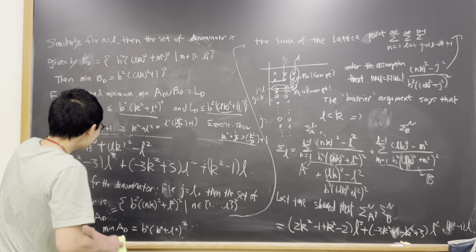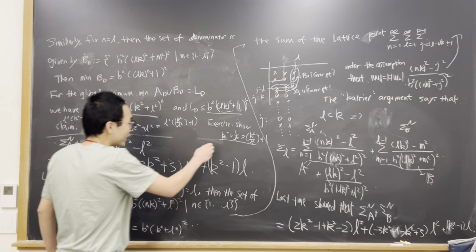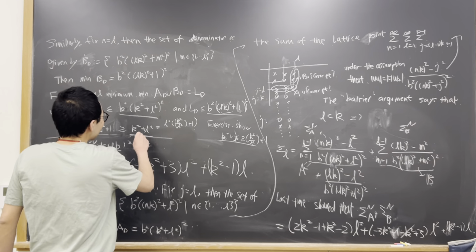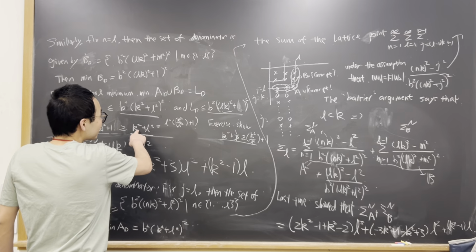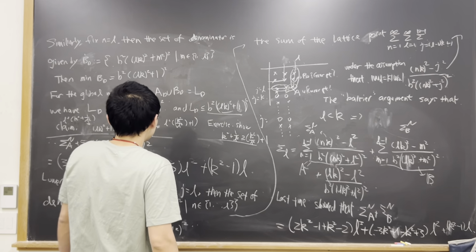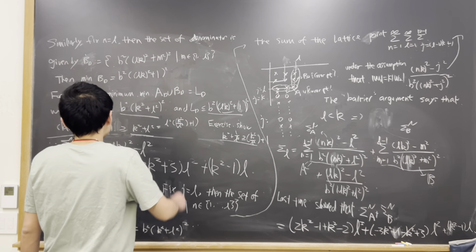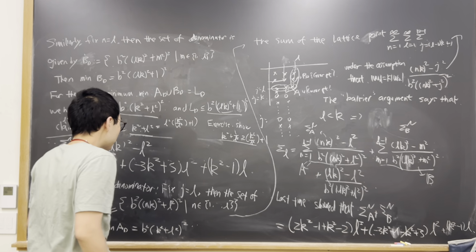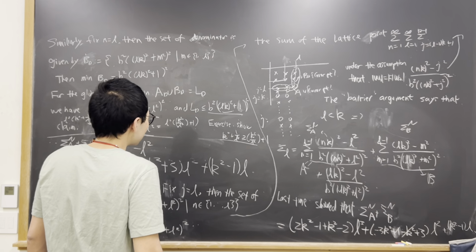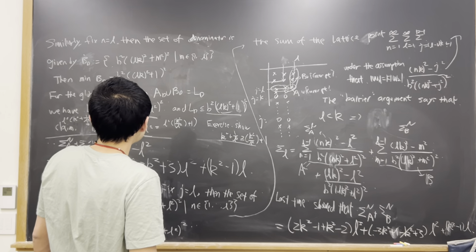Yeah, so this one is the minimum. So this one is the minimum one, and also we pick the minimum one to be this guy, and then therefore we get the result that